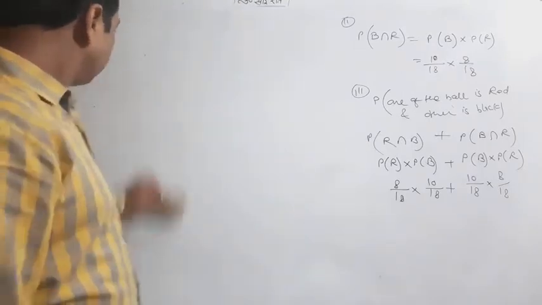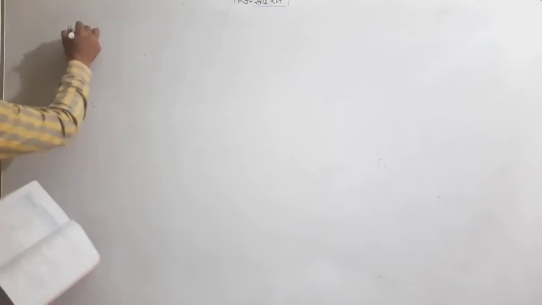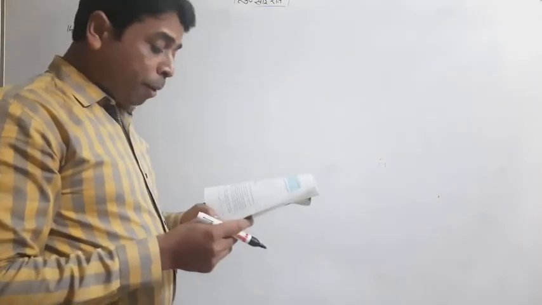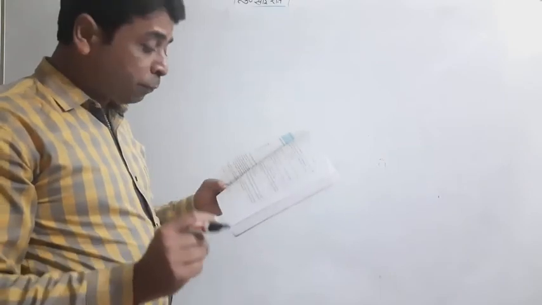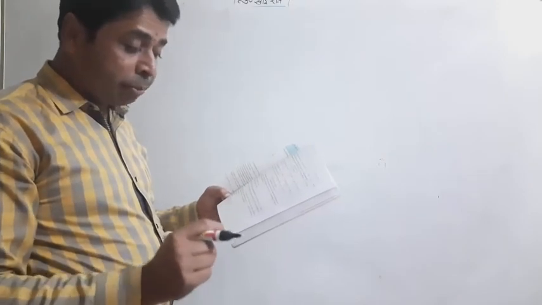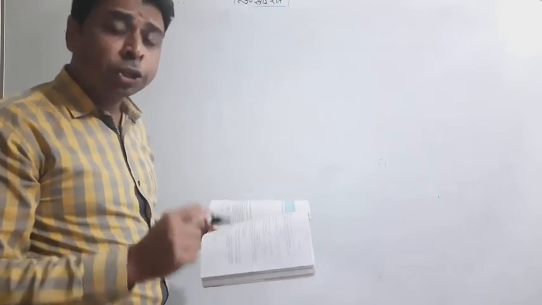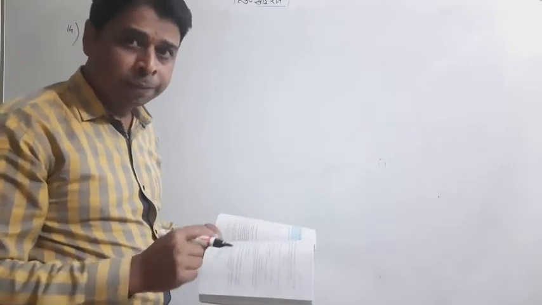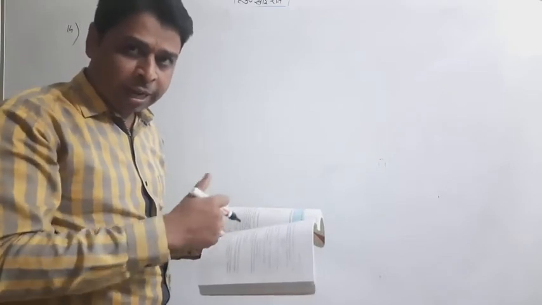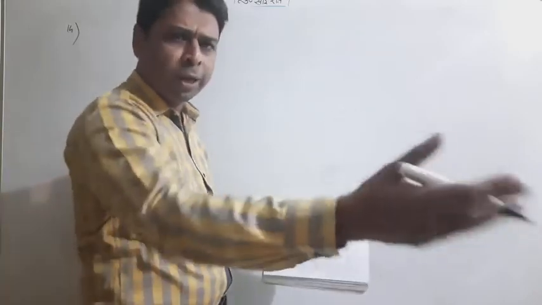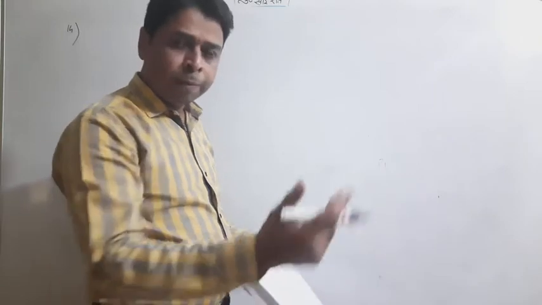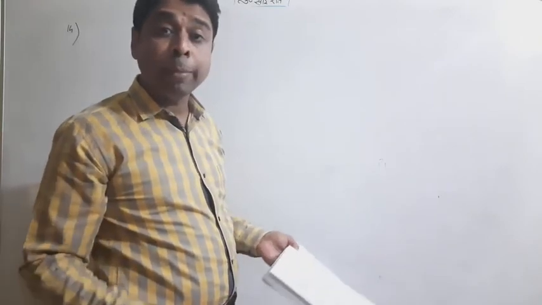Now, question number 14 I wish to do. Look, again a very important question. The probability of solving a specific problem independently, A and B: for A it is 1 by 2 and for B it is 1 by 3. Suppose two students are there. A question is given to two students for solving, and it is clearly stated that the events are independent. Two boys are sitting, and a question is given to the two boys. Both will solve the question by their own ability.